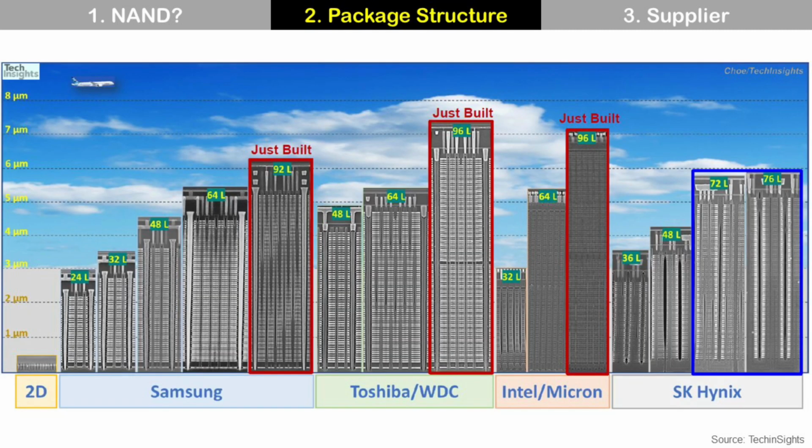Let's compare the memory cell thickness of 2D NAND and 3D NAND memory. Typically, a 300mm wafer thickness is around 775 micrometers. At the left, there is a 2D NAND and its memory cell thickness is less than 1 micrometer. For 3D NAND, the memory cell thickness of Samsung 92 layers is more than 6 micrometers. And Toshiba 96 layers is more than 7 micrometers. As you can see, the memory cell thickness of 3D NAND is much more than 2D NAND because 3D NAND stacks memory cells within the die.